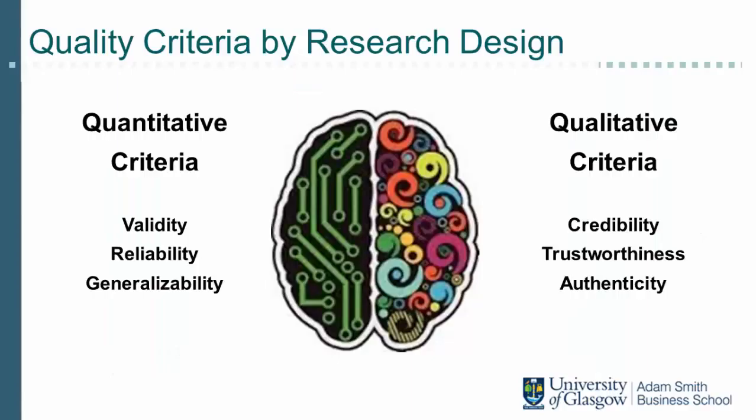The distinctions between what is considered good or bad research are frequently very fine, and the topic attracts considerable debate, particularly in qualitative research. Broadly speaking, the quality criteria fall into two different categories: those applying to qualitative research and those applying to quantitative research. The debate in qualitative research centers on the question, should quantitative criteria apply to qualitative designs? Those who answer this question with a resounding no have offered a new set of criteria, such as trustworthiness, credibility, and authenticity. We will discuss both sets in the later sessions.